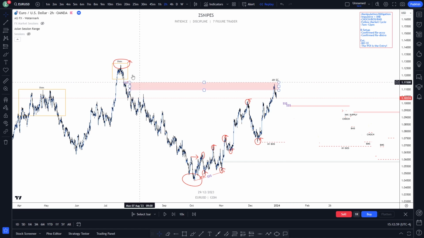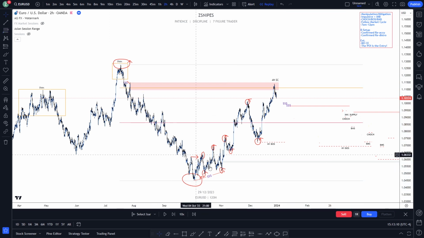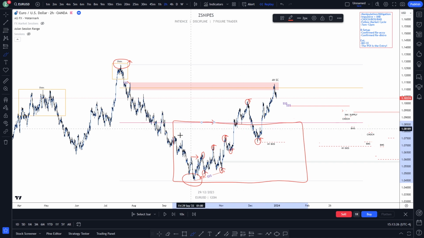What does that mean? So as this 4-hour leg, this huge leg to the downside on the higher time frame, what we usually do is we will do something like this. We will draw out our fibs, and we know that beneath our fibs here, most likely we're going to have low probability sellers. So what does that mean? That means as soon as this market starts retracing towards the upside here, we can start looking for buys inside of this box right here.